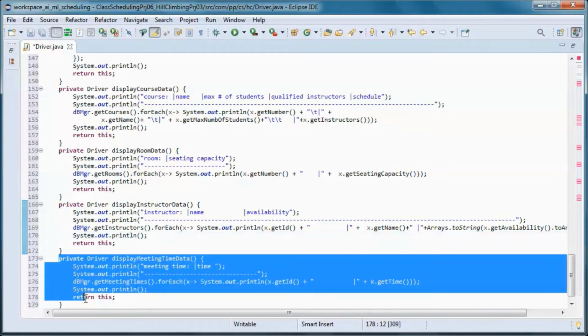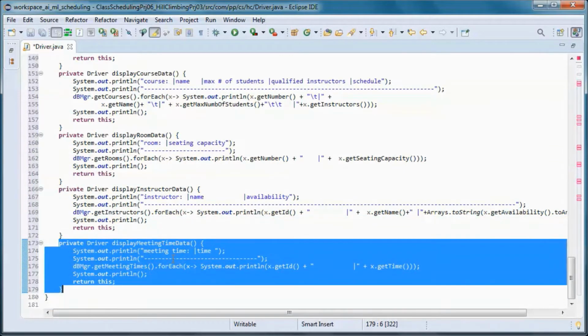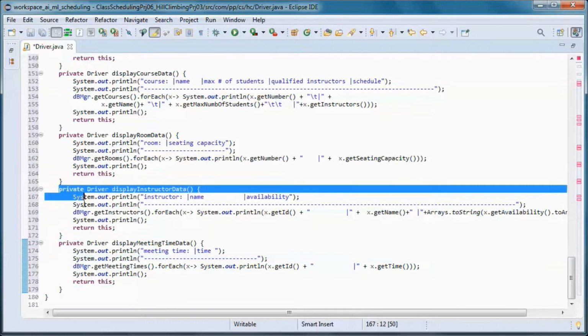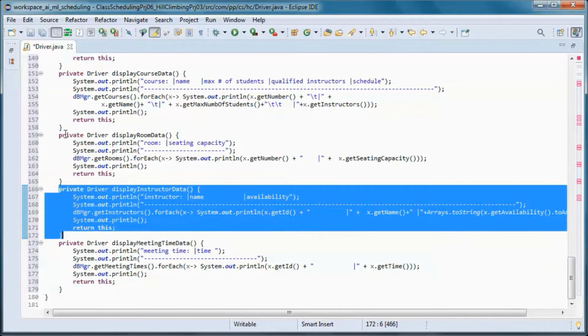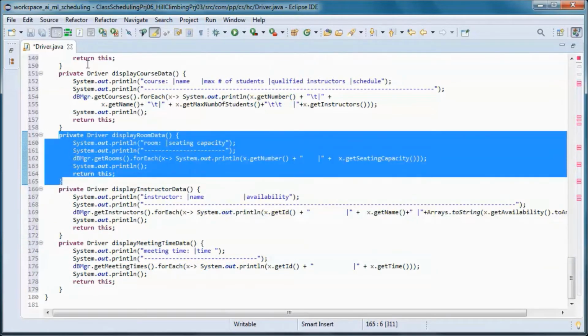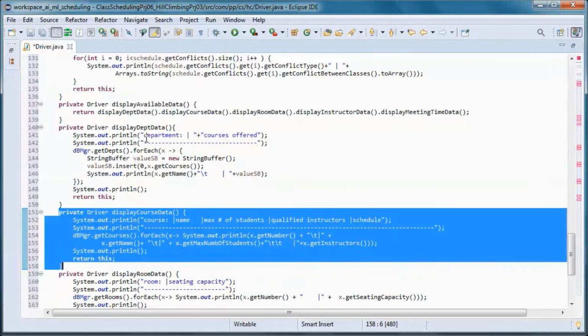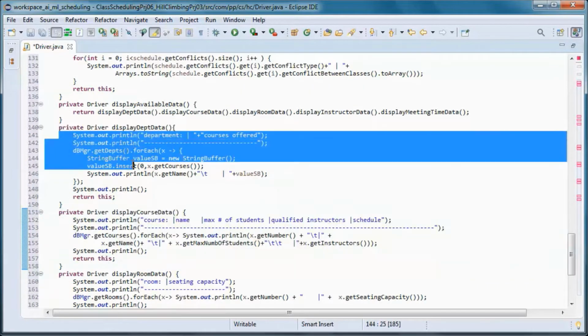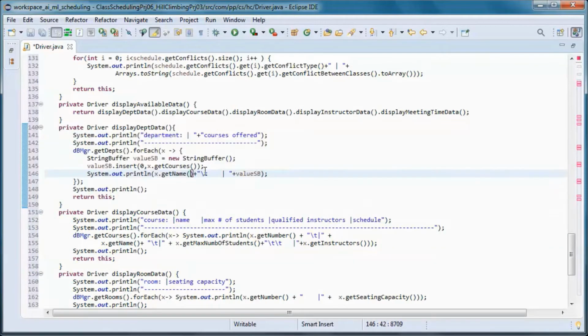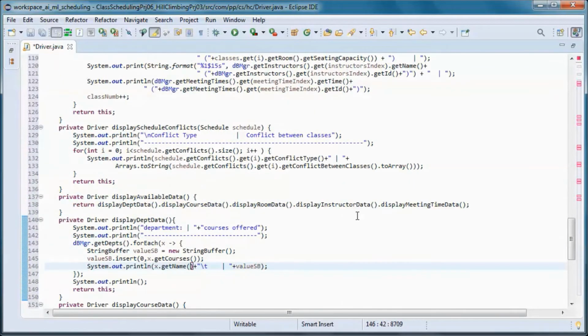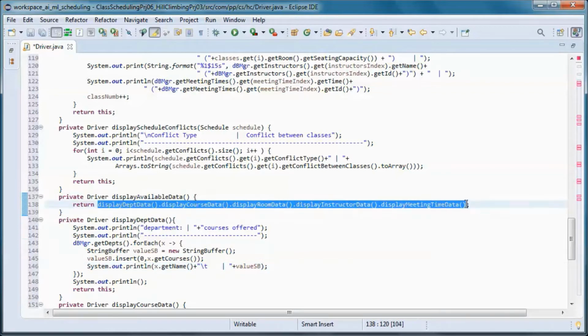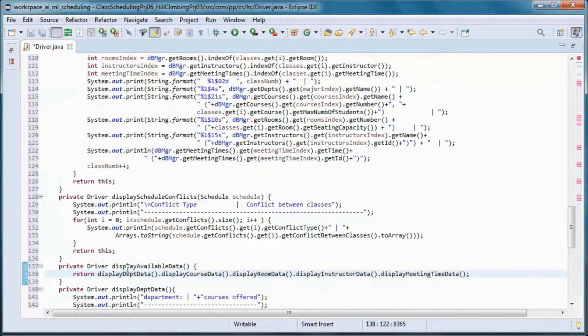So here we are displaying the meeting time data, and the instructor data, and the room data, and course data, department data, and this calls all those methods to display the available data.